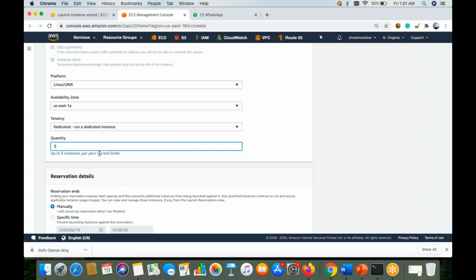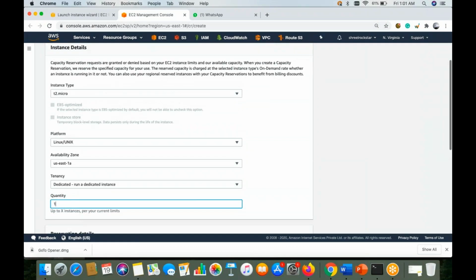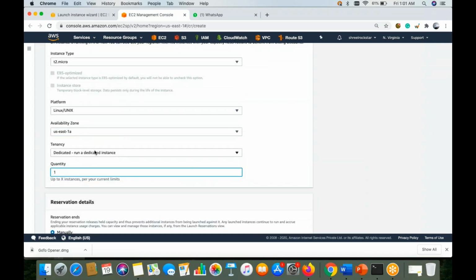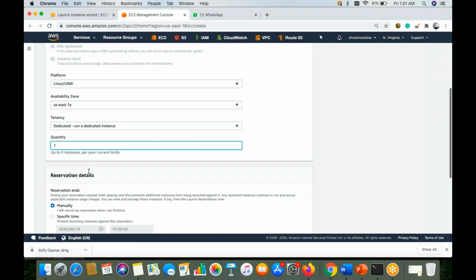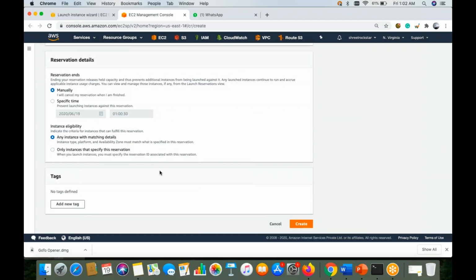Then define your quantity, what exactly you are looking for, the current limit. You can set a limit and reservation capacity according to your utilization. You are telling AWS, hey, T2 micro, and in this I want dedicated, quantity will be 1, and you are giving the details accordingly. After a specific time, it will automatically expire, right? Or if you go with manual, then the reservation is not going to end; you have to end it yourself.